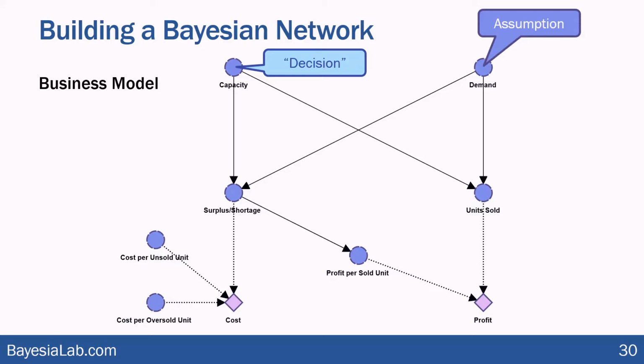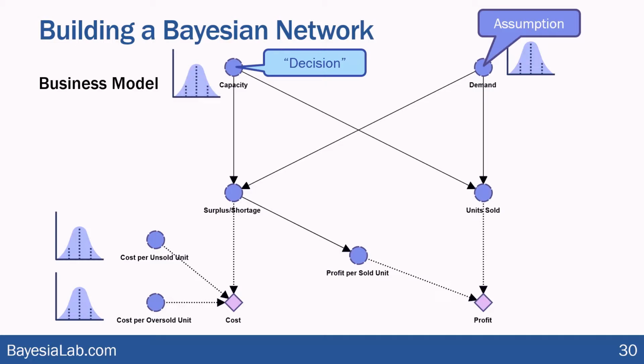And here I now want to get very specifically into distributions, because the demand, as I said earlier, or as I tried to justify, shouldn't be a single number, but is more likely a distribution. And then perhaps for cost per unsold unit, cost per oversold unit, that's not a fixed assumption either, but rather that can vary as well. And even for the decision where we